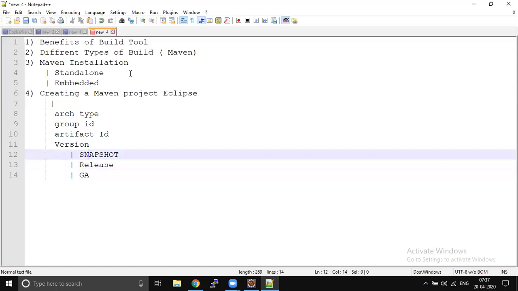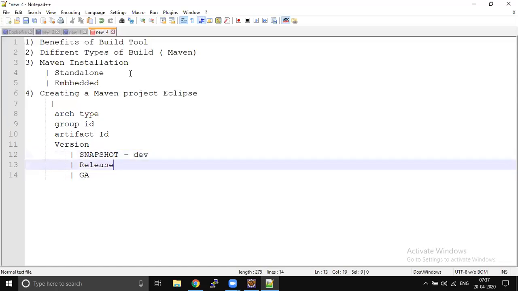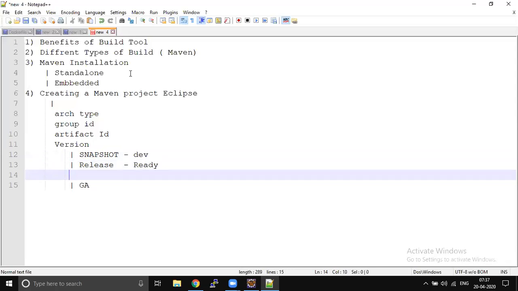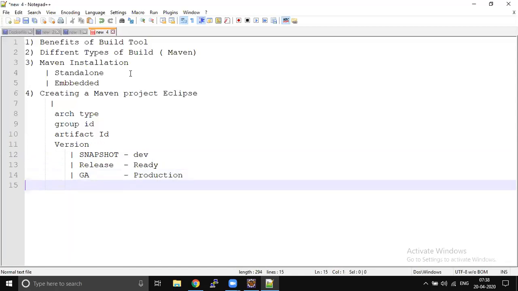So when we are developing any application, the version should be snapshot. Then if it is ready for production, then release. Once we move the code to production, then it is GA. So this is how we usually maintain the versions.